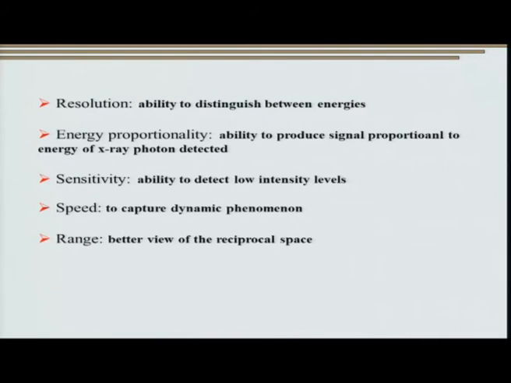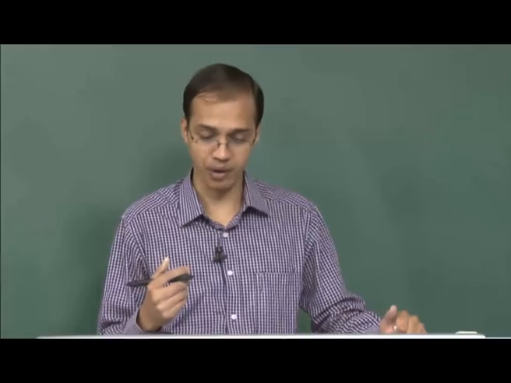In the state of the art X-ray diffractometers that we are talking about, speed is very important because we need to capture dynamic phenomena occurring during a process like heating or phase transformation. At the same time, we have to get a better view of the reciprocal space, as I showed for the 2D detector, which ensures that we get more information about the X-ray diffraction pattern. I hope by the end of this lecture you have got a rough idea about the